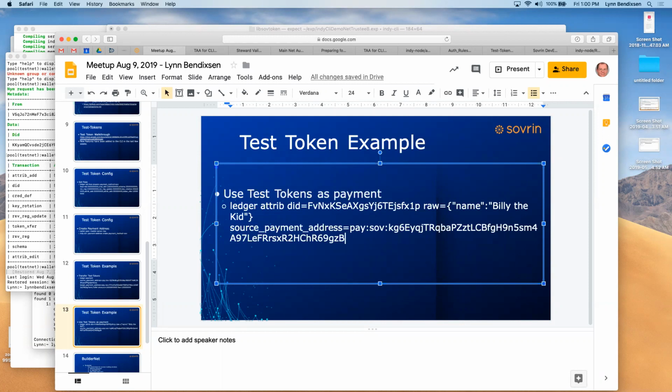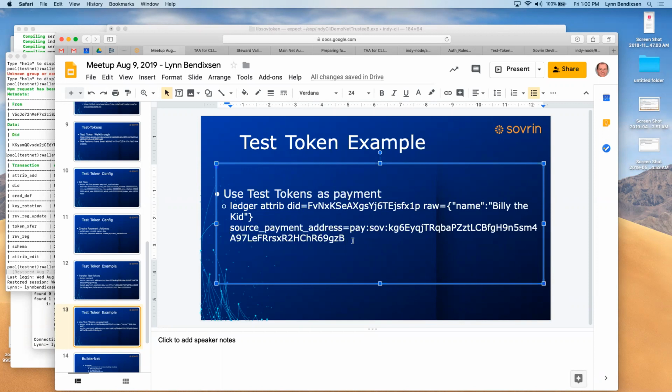Just give them the source payment address, and they'll take the fee from the sources associated with that payment address and repopulate your address with the new sources. And this particular attribute, the action, is doing what? Is it setting that attribute? It's adding an attribute. There's a fee to add an attribute, and that's why I'm including the source payment address. Yep. There's a fee to add an attribute, and that's where this fee comes from, is that guy right there.